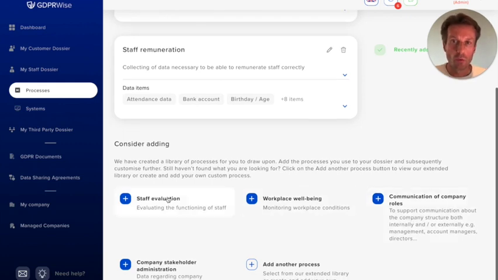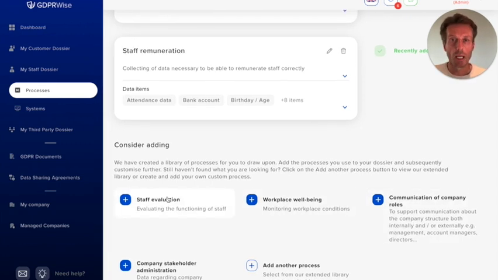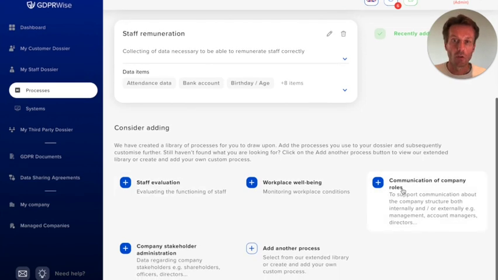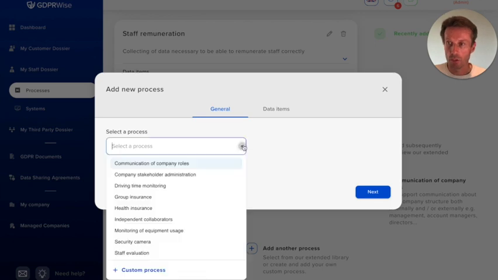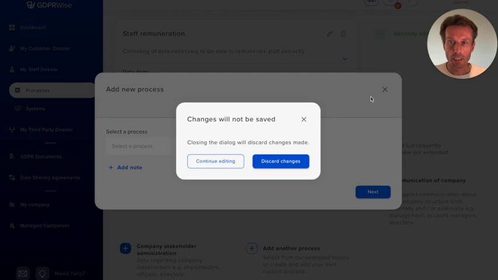If you perform formal evaluations, you would add that to your dossier. If you don't, you leave it as is. And similar for any of the other processes. There's some more processes here in our library when you click add another process. And you can see maybe there's a company car and you want to add the drive time monitoring process. Maybe this processes personal data around health insurance. All these items are pre-baked and you can add even a custom one we wouldn't have in the library very easily. And so that's how you go about